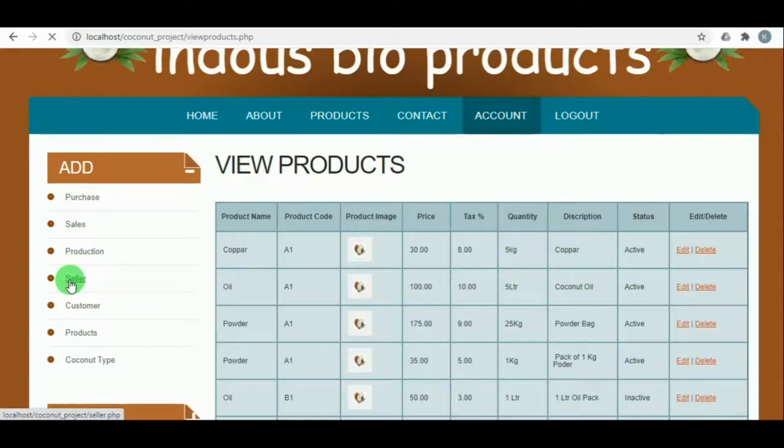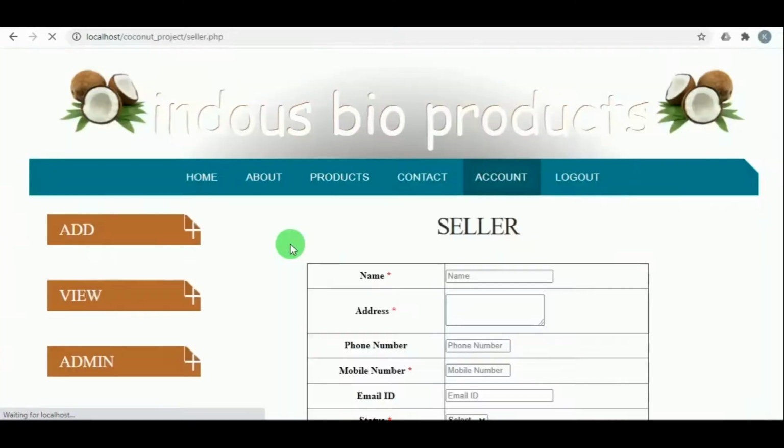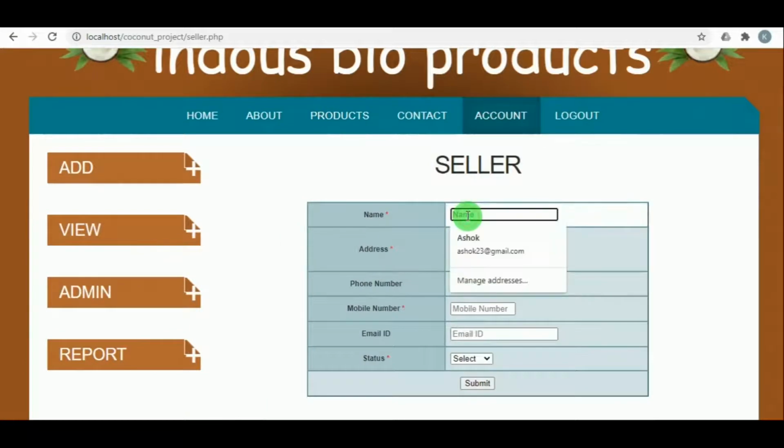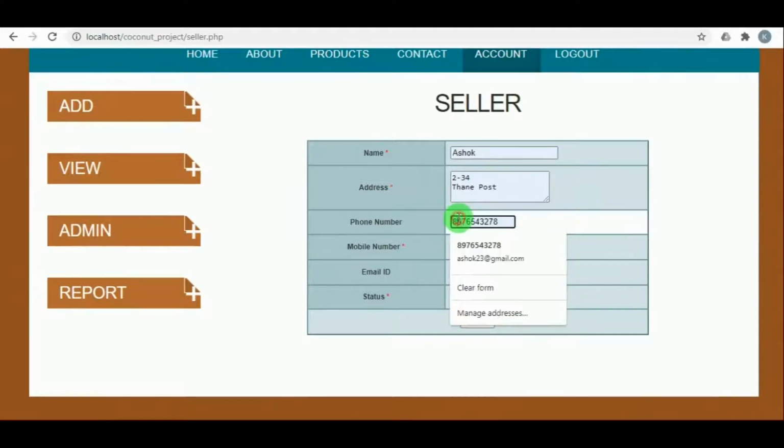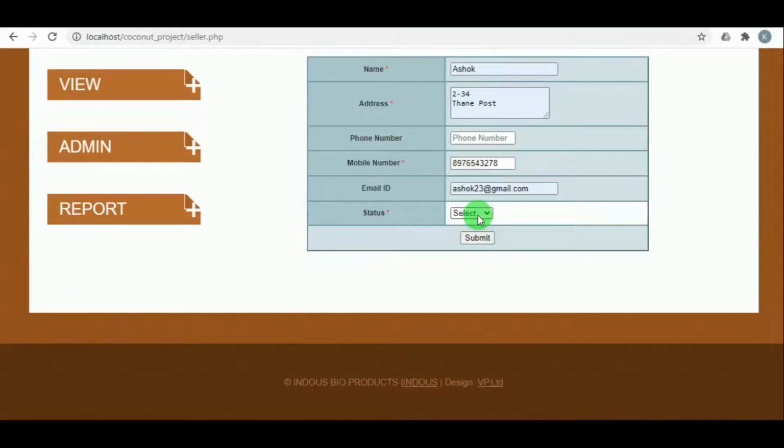Under add in seller, here the admin can add the different sellers' details by mentioning their name, their address, their phone number, mobile number and email ID. So here the phone number is not mandatory, but the rest of the details are mandatory.